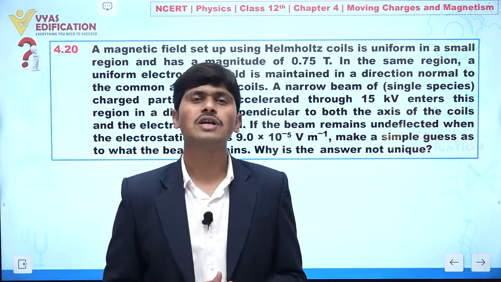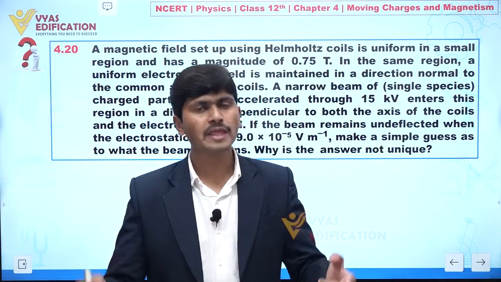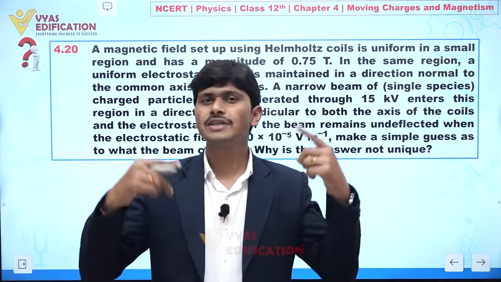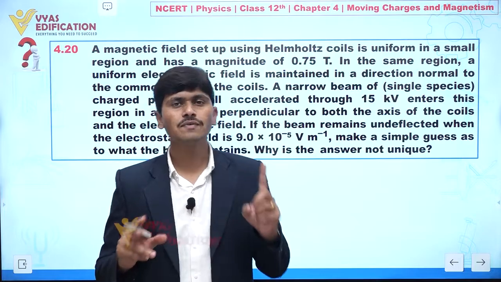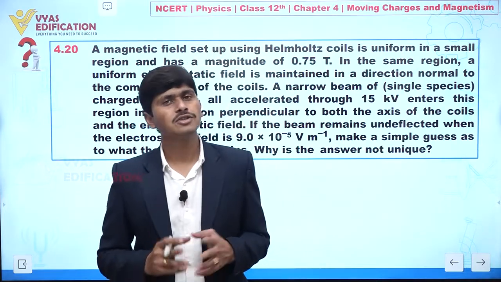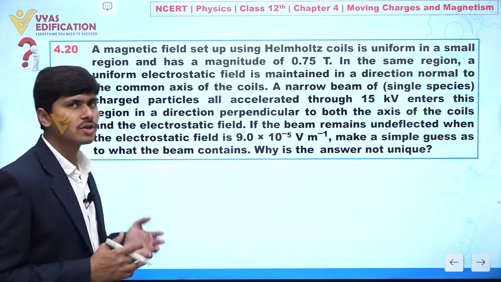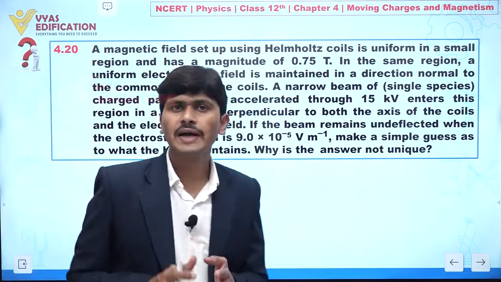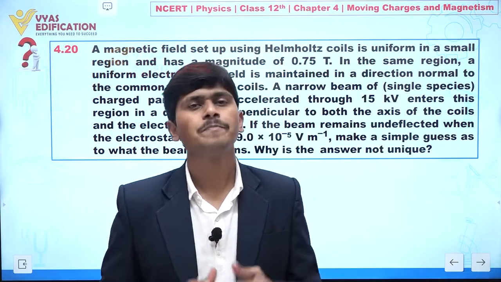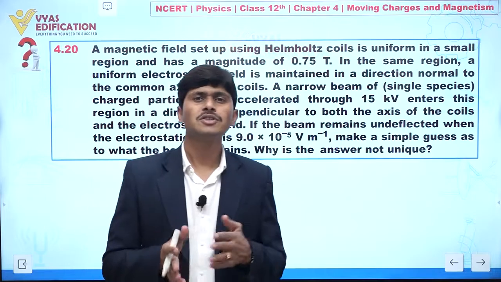In a Helmholtz coil we have two coils having the same number of turns, the current flowing is also the same, the radius of each coil is capital R, and the distance between these two coils is also capital R. Clear to everyone? That is known as Helmholtz coil. And one more thing, if you find the net magnetic field at the midpoint between these two coils, it is almost uniform.